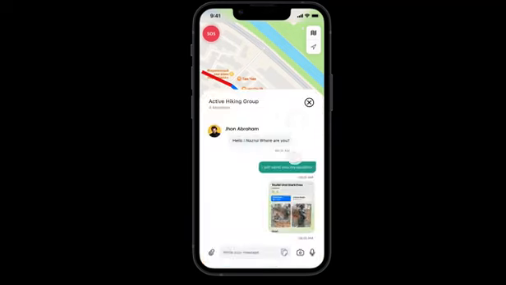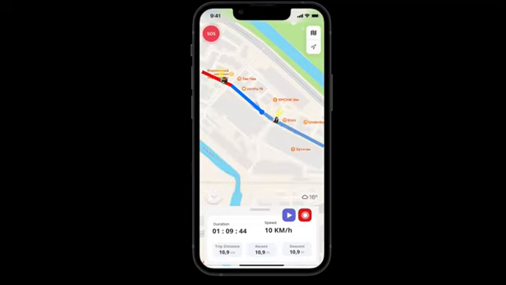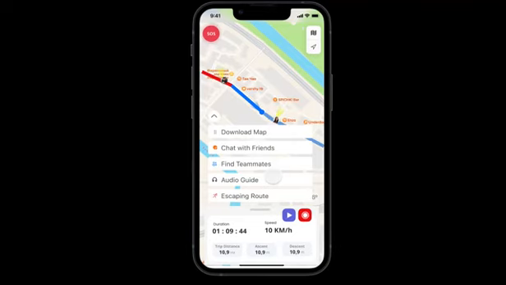And also chat with your friends. If you are enrolled in a group, you could chat with your mates to say where they are and also what happened during their route. You can also send your own positions to them and find your teammates. These functions will be available only if you enroll in a group. Your teammates will be shown on the map. So the audio guide provides you